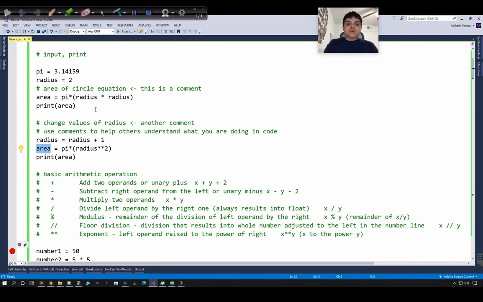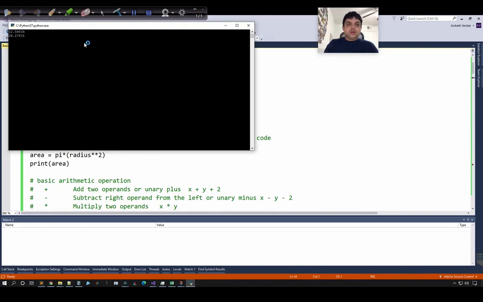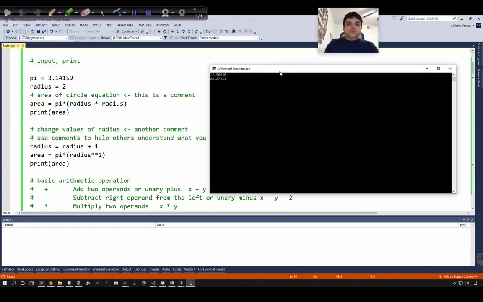Now let's execute the code. Similar to a C++ program, where we can add breakpoints and execute code until the breakpoint is hit, we can also do that in Python, so we can add a breakpoint inside our Python code. And now, first the radius was equal to 2, so the area of the circle when radius is equal to